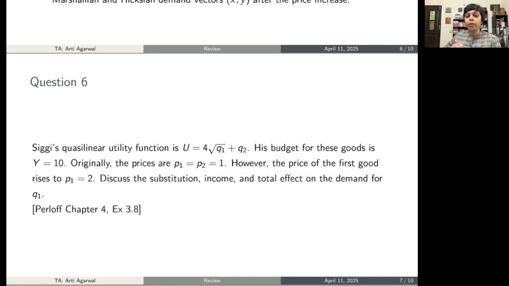So don't do this like we did for perfect substitutes, where we take prices and equate the quantities, or where we took one quantity as 0. That will not be applicable here. But the normal method we use, MU1 by MU2 equal to P1 by P2, is universal. It is not constrained to any particular functional form. So that is how you will solve this problem.